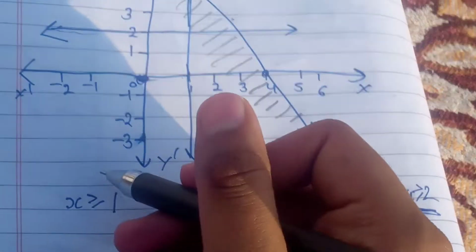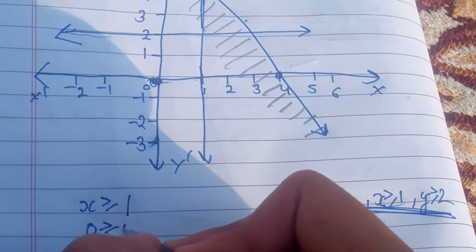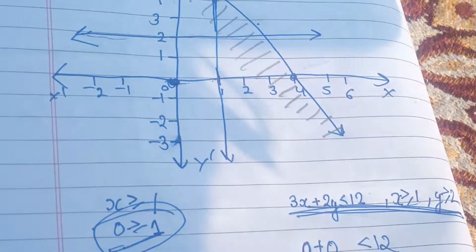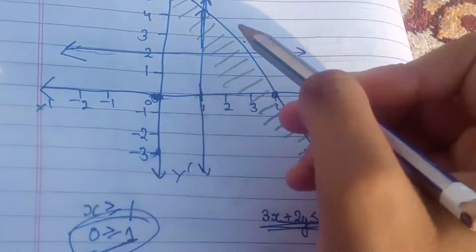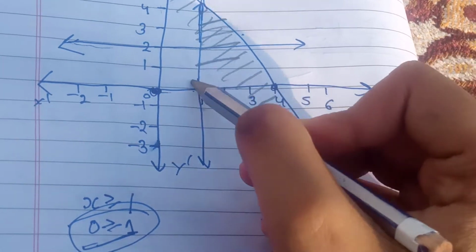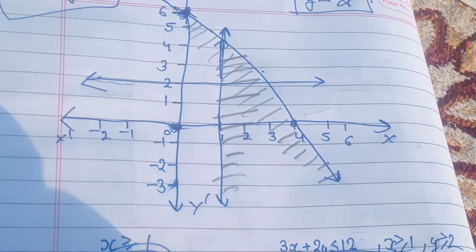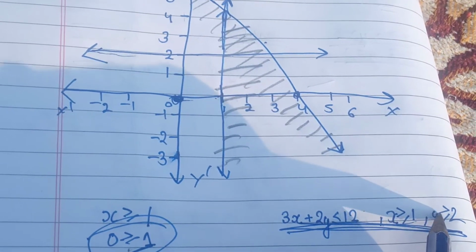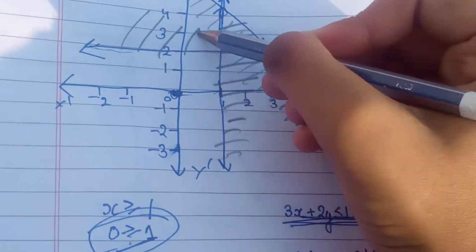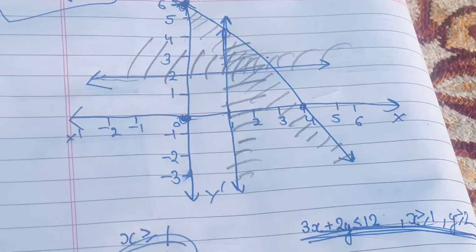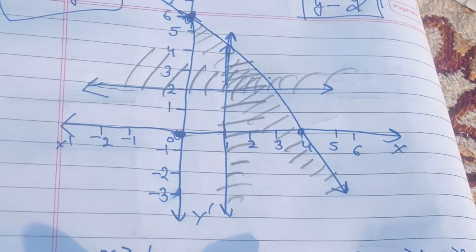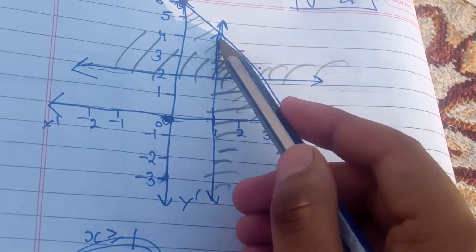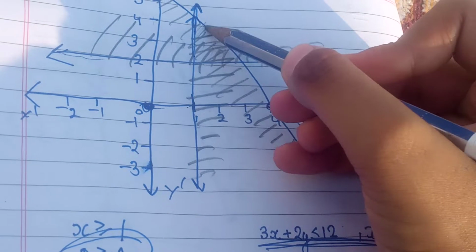Okay, so it is not true. So over here x is equal to 3, I'll be taking this side, because x is supposed to be more than 1. Over here y is also supposed to be more than 2, so this side will be taken over here. So I think you can easily see the intersection between these lines. Okay, so this is the intersection, this column is the main intersection.